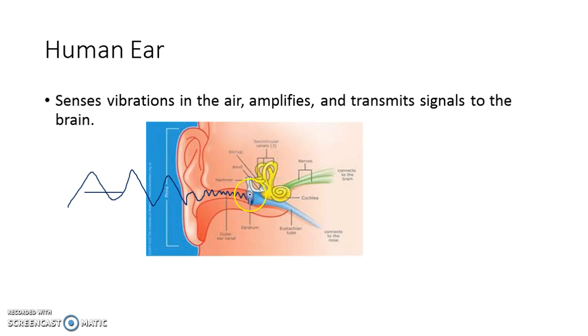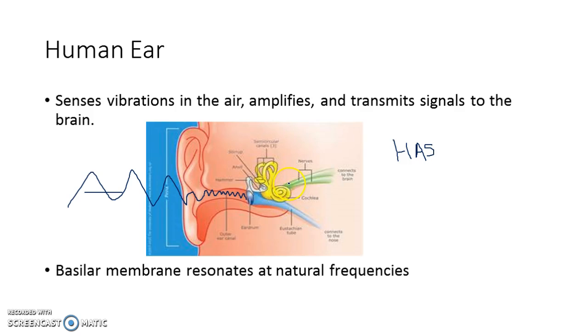Okay, the eardrum vibrating will then vibrate the hammer, the anvil, and the stirrup, which are the 3 bones in the middle ear. Just in case you can't remember, the hammer, anvil, and stirrup are in the middle ear. All right, the stirrup is going to hit the inner ear, and the inner ear will then vibrate to the cochlea. The cochlea is like a seashell-shaped structure that's inside the inner ear, and the cochlea is going to send